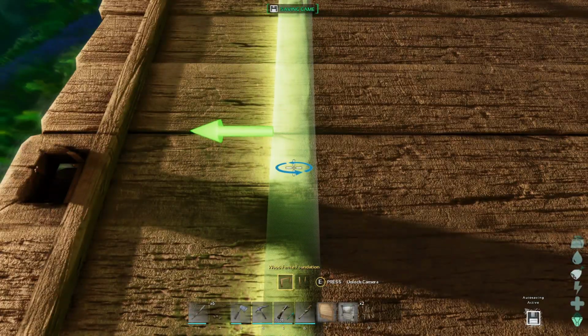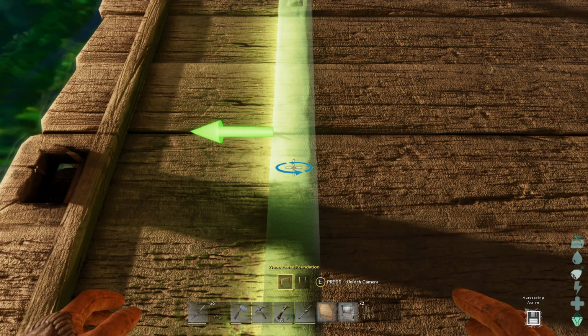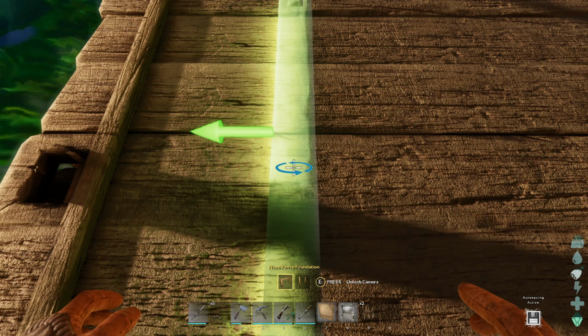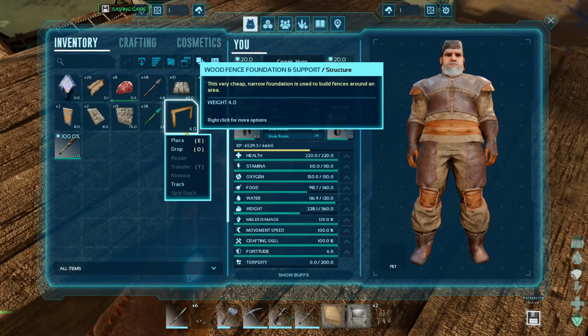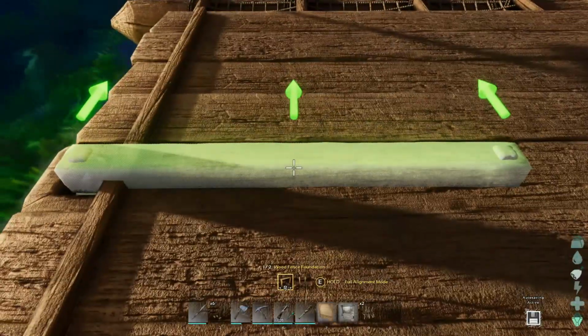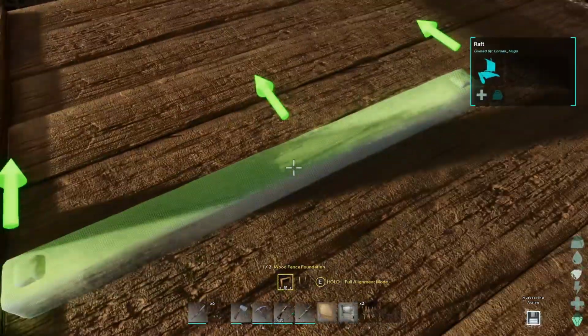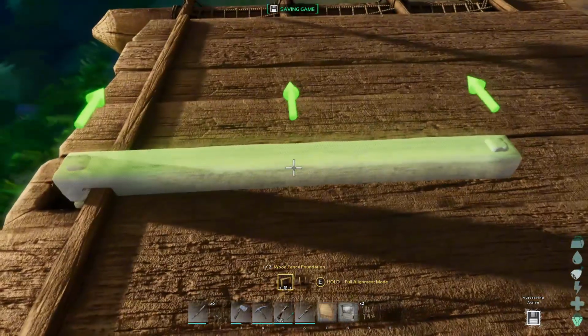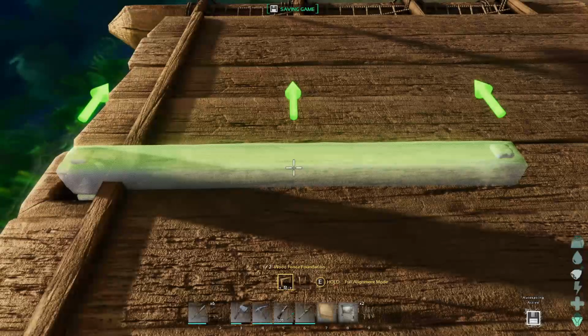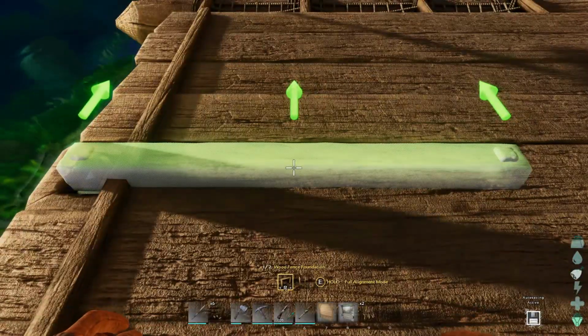It has a symbol like it's going to let me rotate it, but I can't even do that. If I hold down Q, does nothing. It says E, press unlock camera. That doesn't sound right. Just out of curiosity, let me try something here. See how it's staying parallel to the edge without me. I don't know what's going on here. So if I try this again,